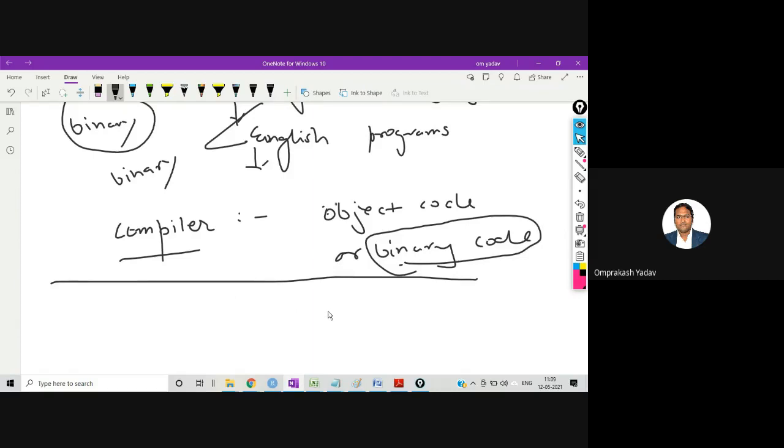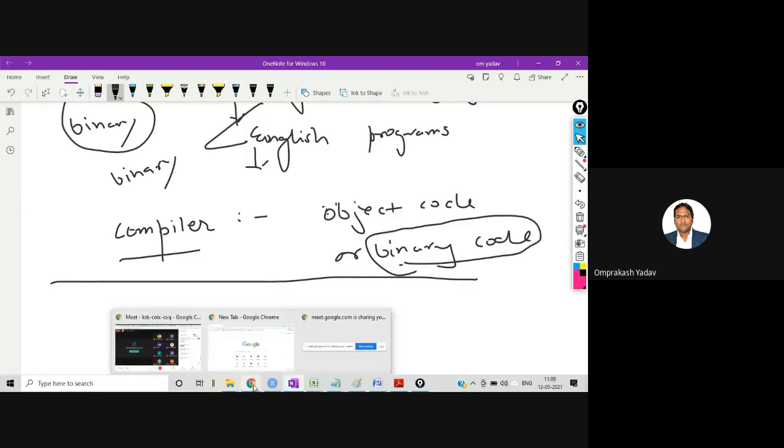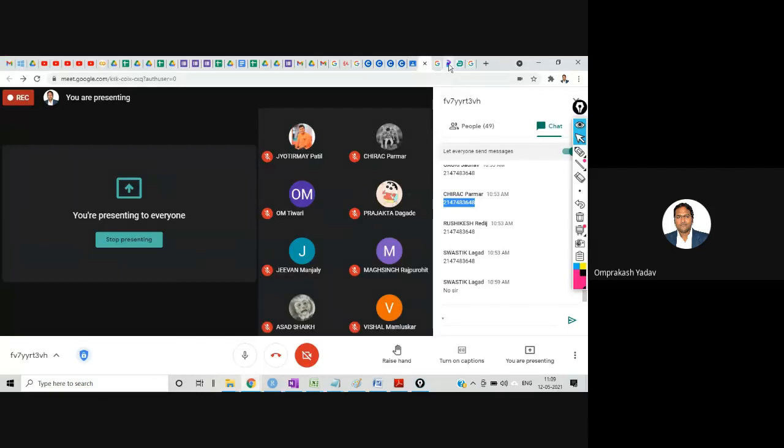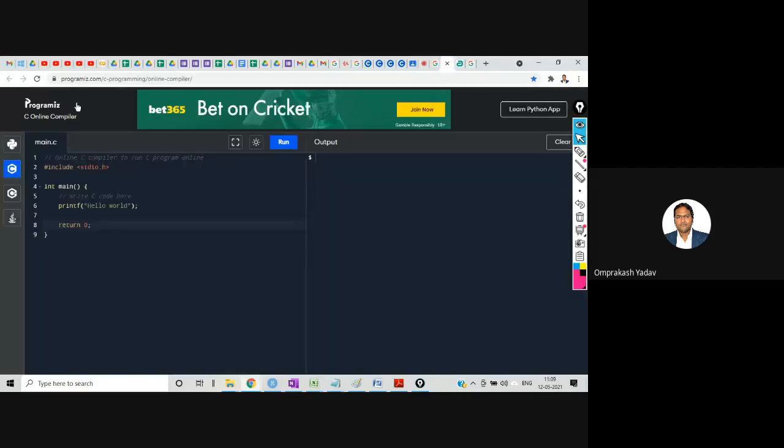For demonstration purposes, I have software like Turbo C. We can write the code on Turbo C, but that software has to be installed. If you don't have that software, don't worry. We have lots of online compilers which perform the same task. One of them is this; all of you can note this link I am giving you.